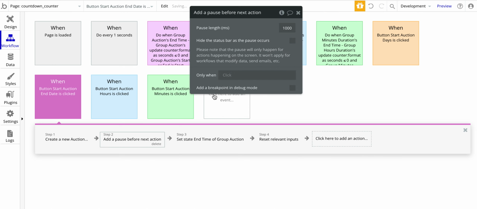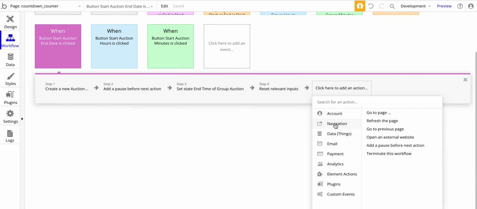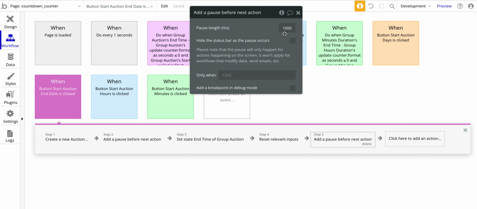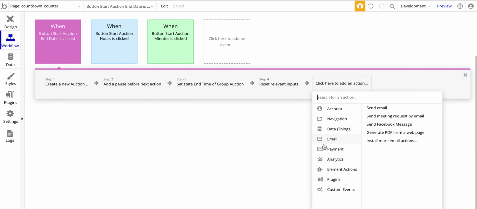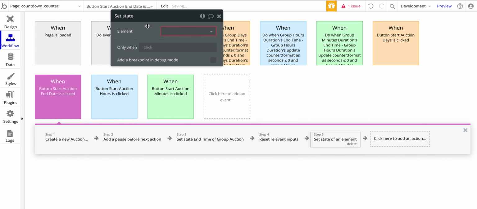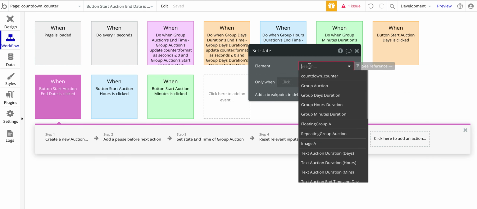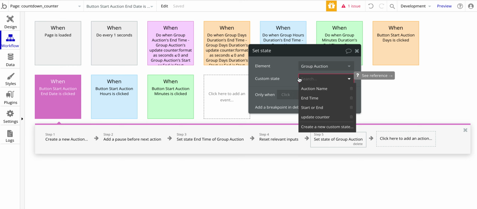Now for adding a pause. Let me scroll up here. Under navigation, add a pause before next action. Default is 1,000 milliseconds or 1 second, so no changes there. Delete that. Set state. Okay, so set state, that is under element actions. And then, where is my set state? Right there, set state. And then I go through, and for this one, again, it's group auction, the custom state,